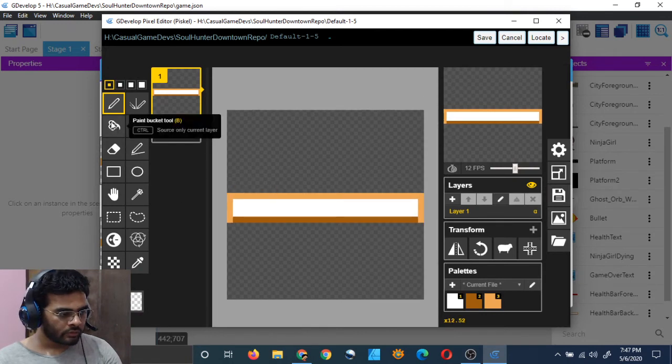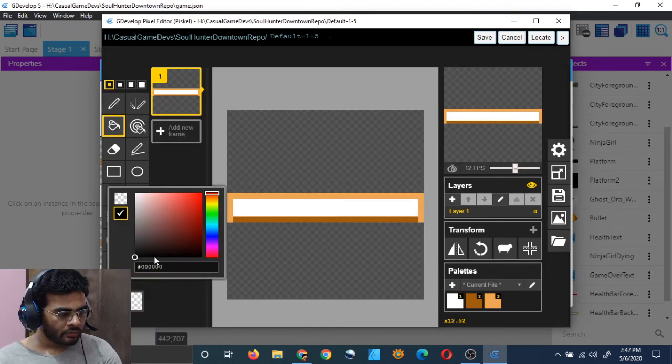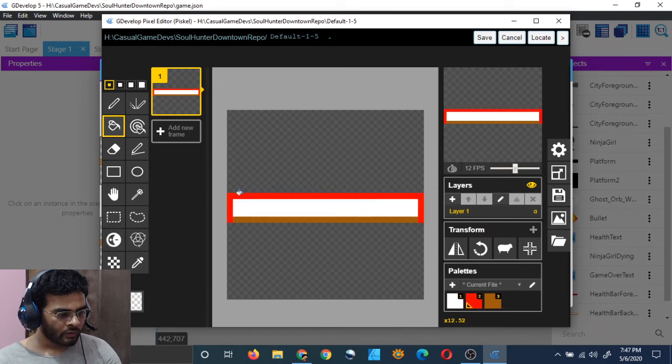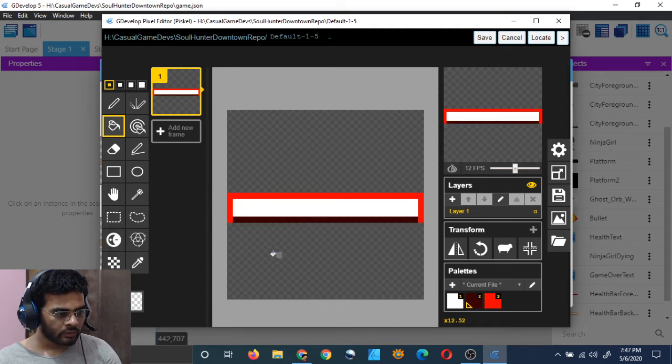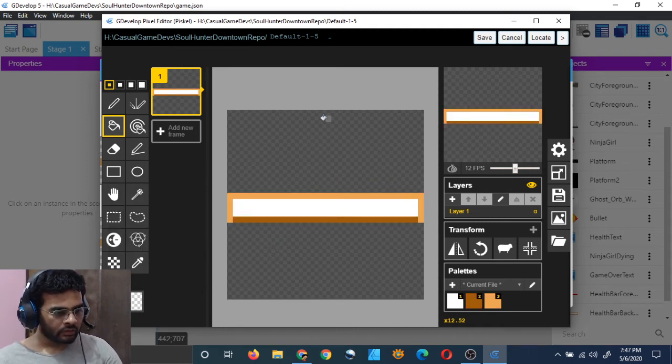Right, and then change this to red, and color everything, and then choose a darker shade of red and choose it. We could put it here, but not like this. Wait, add a new one duplicating it, and in this frame do that.